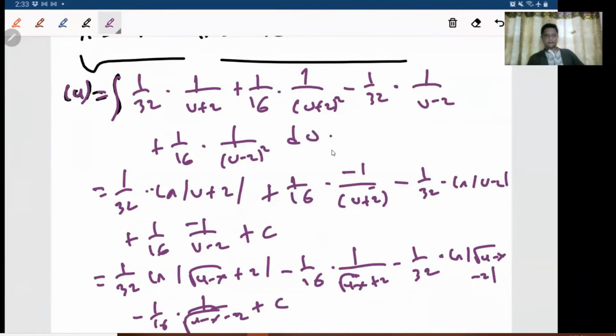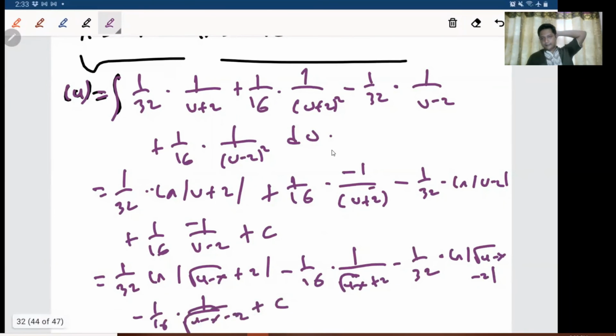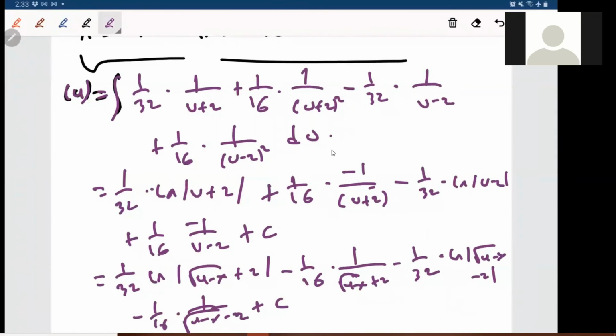Okay, maybe this is for today. Any question up to this? I think this one will wrap up everything. Because for the midterm, the most important part is the technique of integration. And make sure you write step by step. Please don't jump. That's the most important thing. Okay, no question? Enough? Are you tired? Yeah, enough?